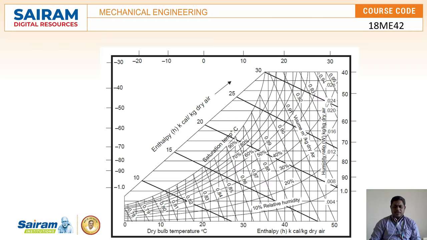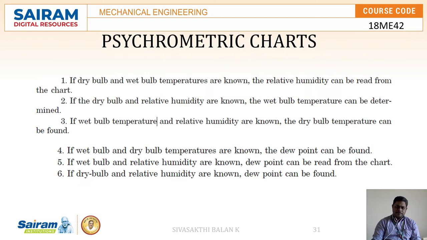This is how an actual psychrometric chart looks like, and you can easily observe that. When you see it, it looks very confusing. There are a lot of lines moving here and there, but if you observe each and every line, and know how to measure each and everything, then it will be easy for us to predict or determine a particular value from the other known properties.